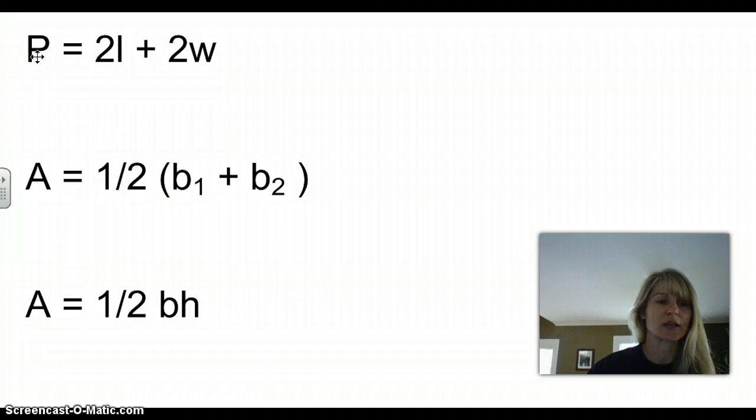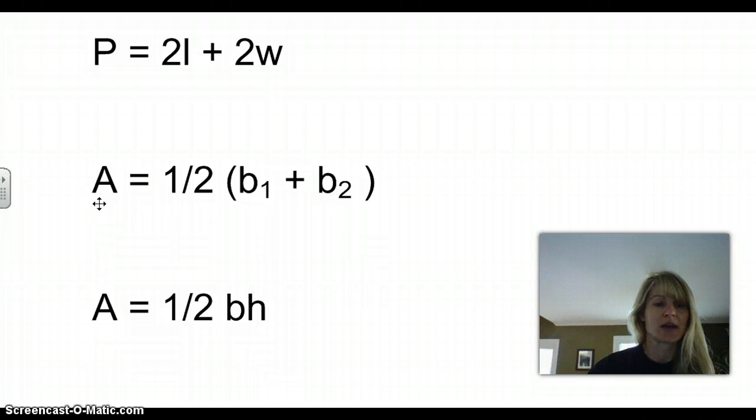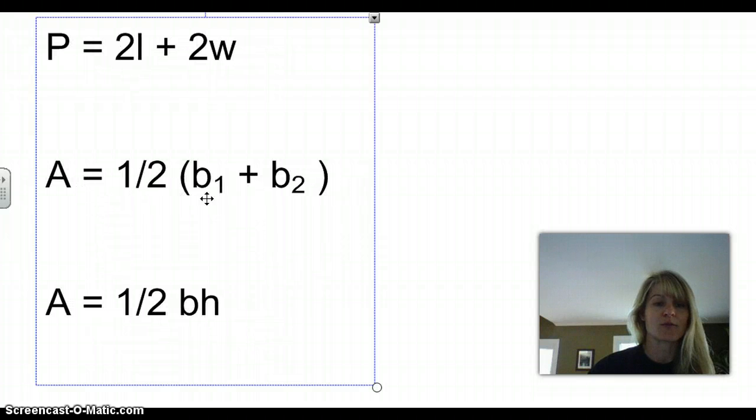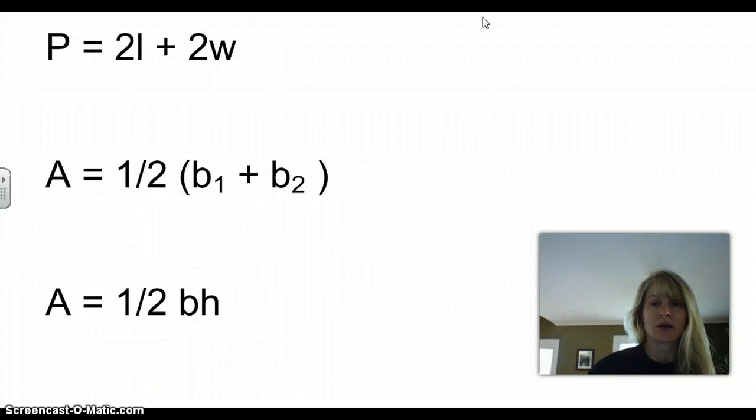If you looked at this one, you should guess that P stands for perimeter equals twice the length plus twice the width. This you might not be too familiar with. This is the area of a trapezoid. So you have to take half of base 1 plus base 2, because if you remember, if we have the